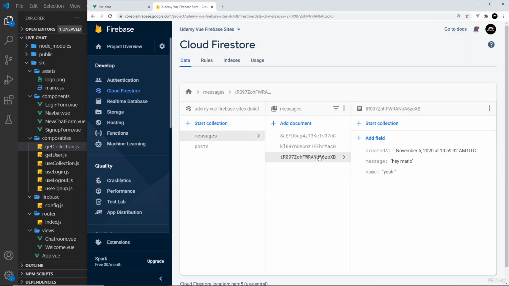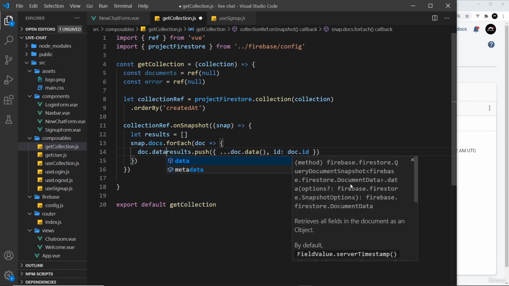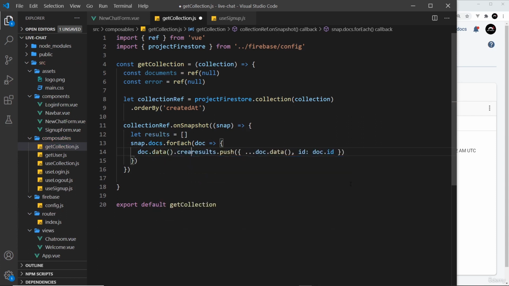So now we have an object with all of the data properties, so all of these things on it, and an ID, which is this thing right here as well. And we're pushing each of them onto the results right here. Now there's one little bit of code I have to place at the start of this line, and that's as follows. I have to say doc.data to get the data, .createdAt, and then double ampersand, and then all of this. So this is logical and, and the code on the right will only ever execute if the code on the